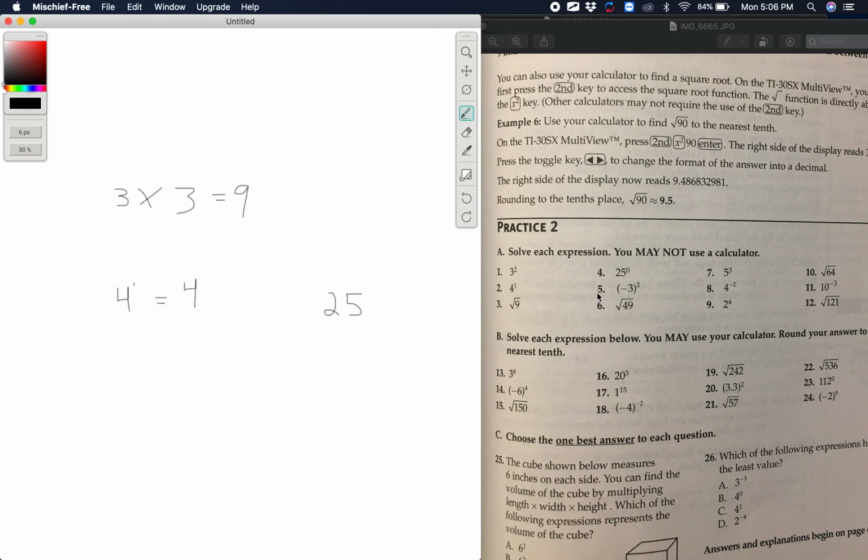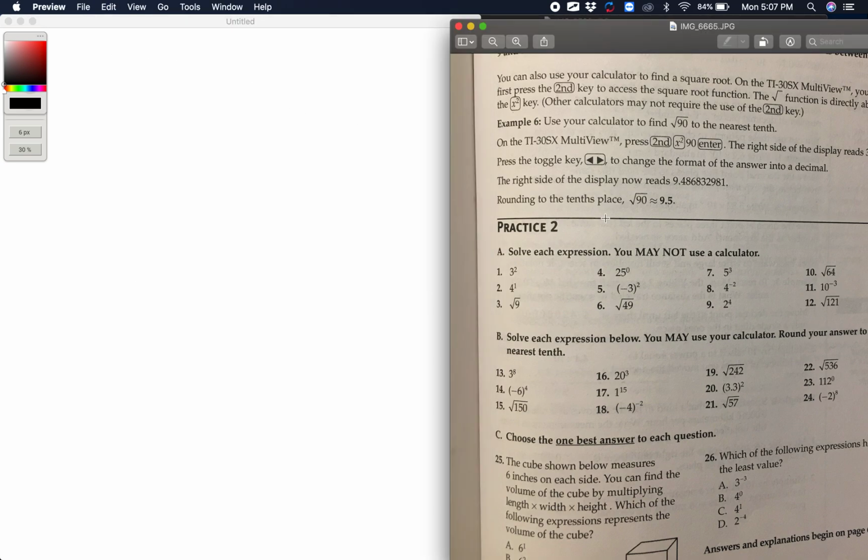Okay, then number 5 here. So what these parentheses mean is that this number here, negative 3, will be multiplied 2 times. So the parentheses mean anything inside of here to the second power. Okay. So let's see how that would actually affect you. Let me clear this canvas first. How that would actually affect you is, for example, if you had it like this,